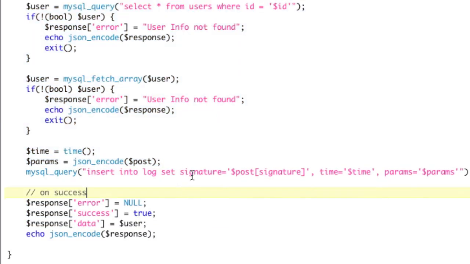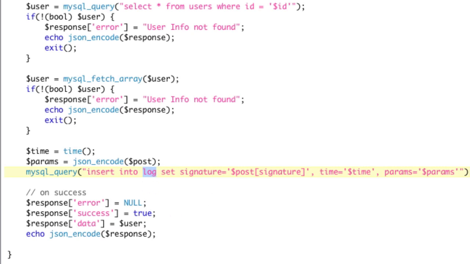And then in every method call, I also have this call right here: insert into signature, post signature. So I'm inserting into the log. I'm logging every function. And you can make this some other thing, like you can make a function called log, but whatever. This is right here. It logs whatever happened.